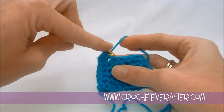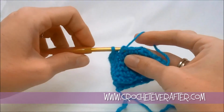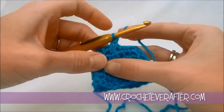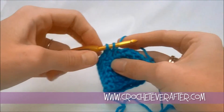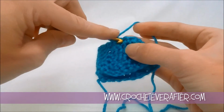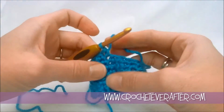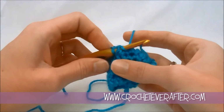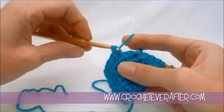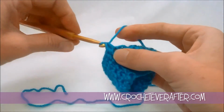So remember, we go back from the back to the front, then back through, pull up a loop, and single crochet. Then we go back into that same one that we came out of to get to our next set or next single front post single crochet. Here's the next one. So we go front to back, pull that up, single crochet. And we go back into that same one we came out of, single crochet,